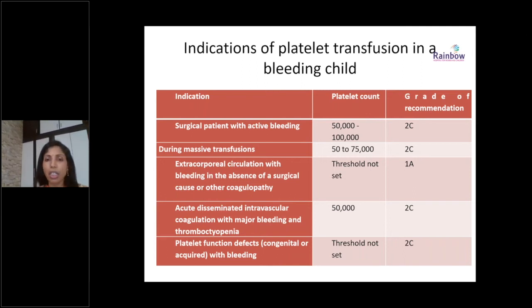If you are looking at a child with platelets of around 20,000 with significant infection, definitely you would like to keep them above 20,000 so that you are reducing the risk of bleeding. If you are looking at a child who requires invasive procedures like femoral line insertion or other central line insertions, then you would like to maintain the platelet count around 50,000. And in neurosurgical procedures, of course, it is 75,000 to 1 lakh. So 1 lakh is the ideal situation.